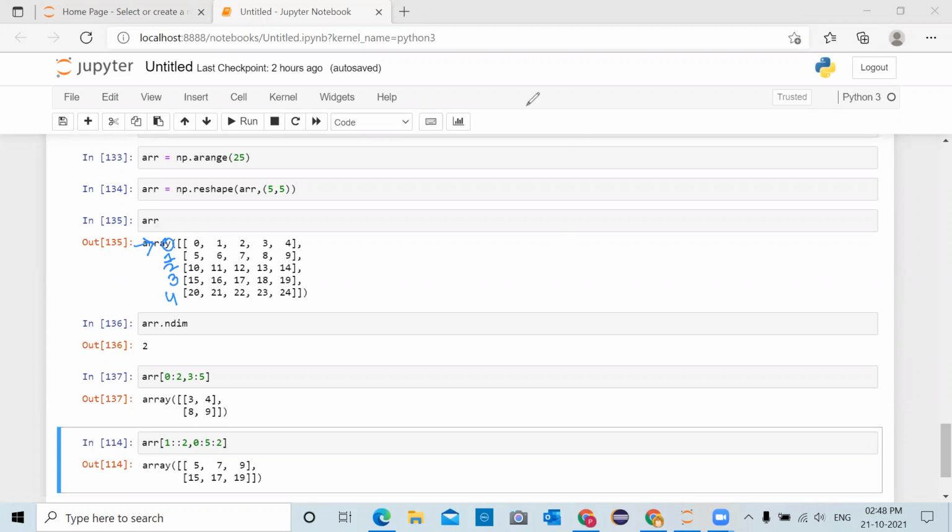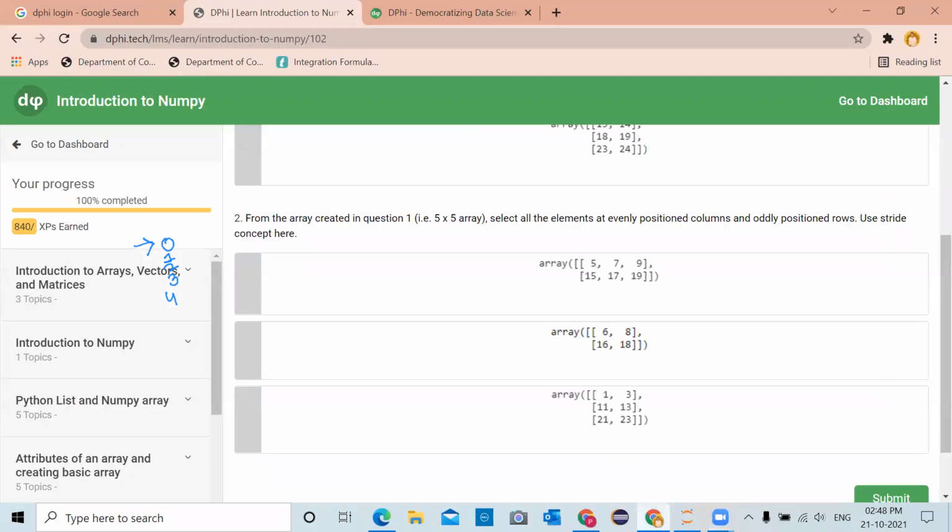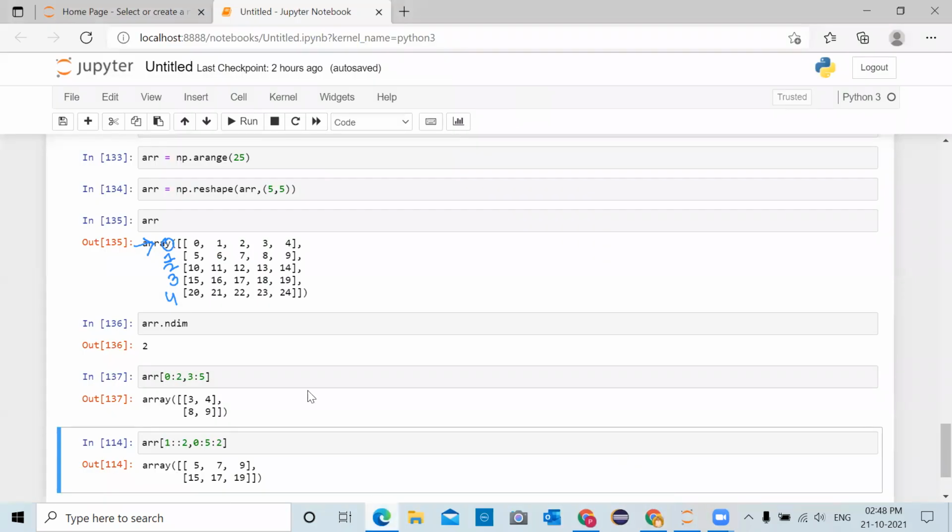Select all the elements at evenly positioned columns and oddly positioned rows. So here the oddly positioned rows are, 0 is even, so we want 1, then we want 3, until the end.